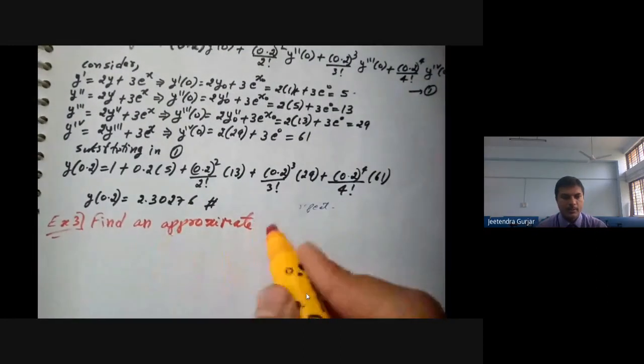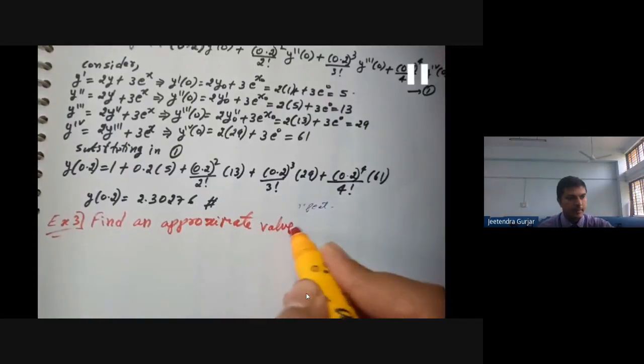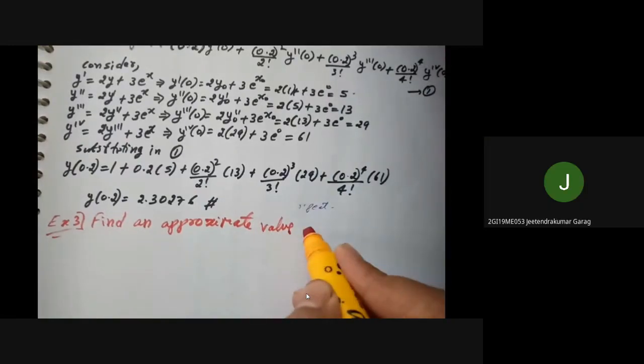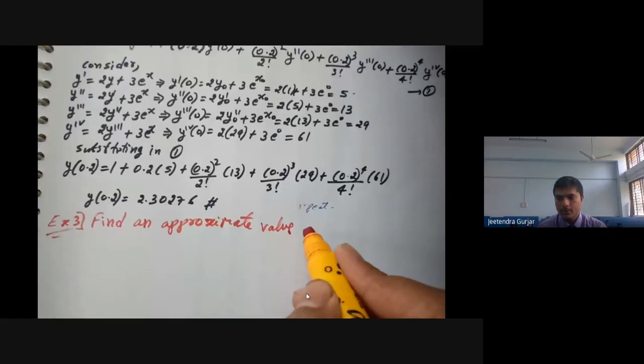Okay, so just write down the next example. Yes sir, can you explain that y''? Because I got 2y' plus 3 e raised to x. 2y, it is already given. 2y is given. Yes, what is the question you have? y' is equal to 2y plus 3 e raised to x. Correct. So when you differentiate y, we get y'. If you differentiate y', you get y''. Got it?